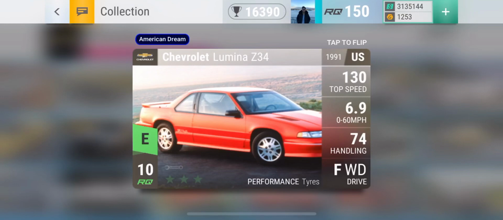Lumina. This was an American Dream car, and it is most likely going to be upgraded to a rare. So if you do get this car, just keep it, put it in your garage, and then once the update ships out and this car gets upgraded, you can use it for fusing or sell it for 1,000 coins. But all around, it is a very strong uncommon car because it has good